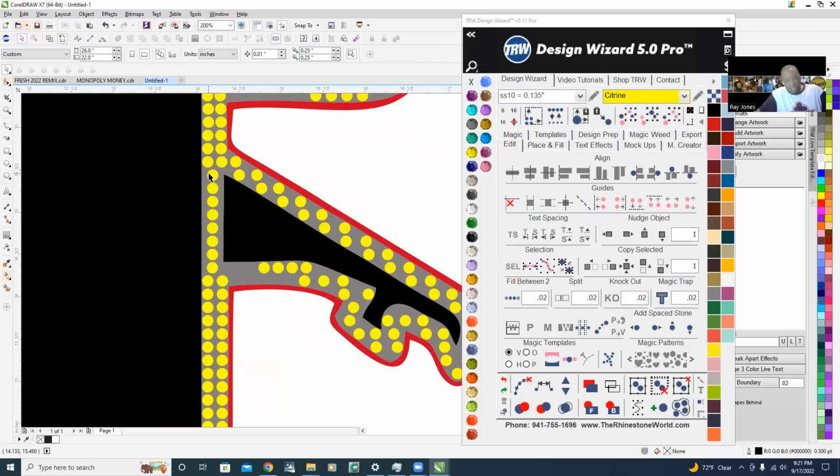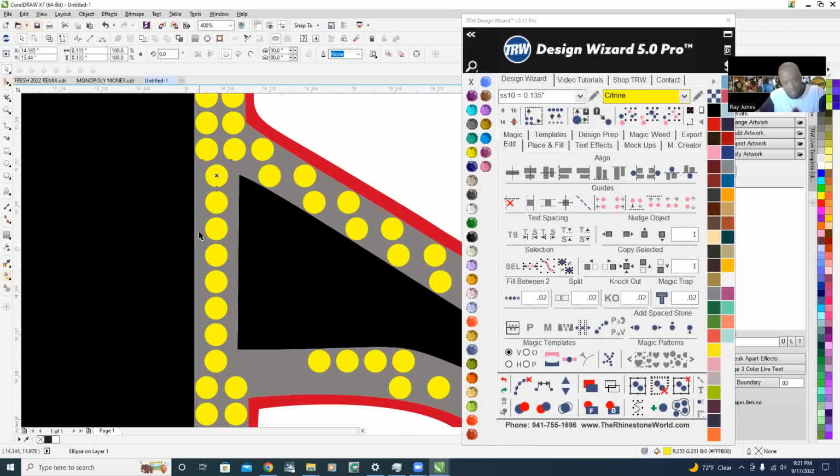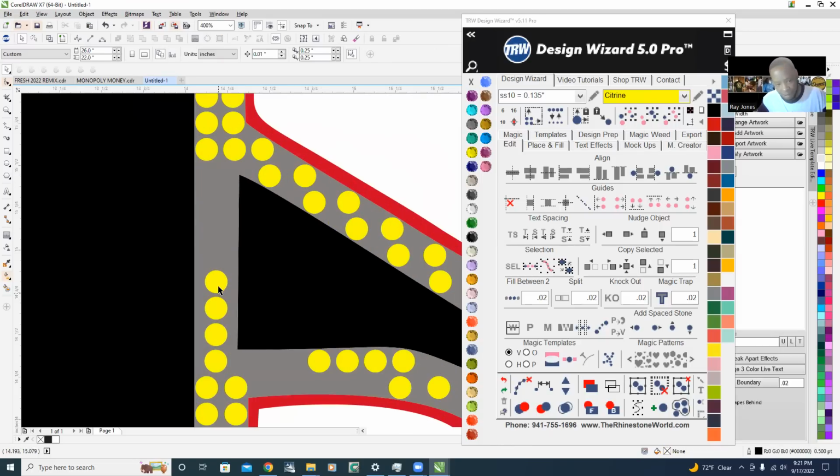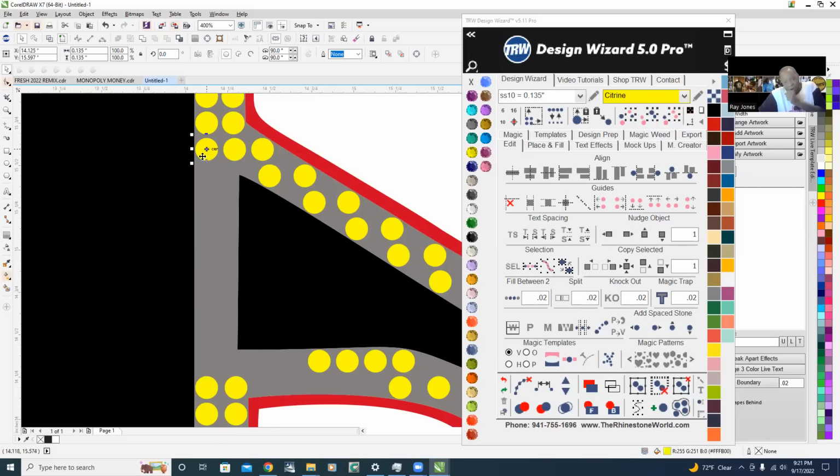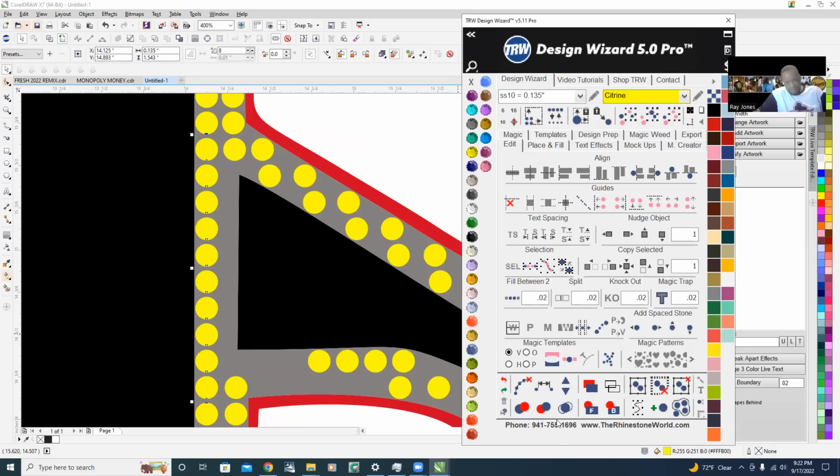We can go in there again. We can do the same thing to that row. Oh, I'm just deleting them because now I'm about to click on one, hold Shift, click on the other one, and fill between two. Shift and clear the path, and I'm about to do it again here. Fill between two. Boom. And clear